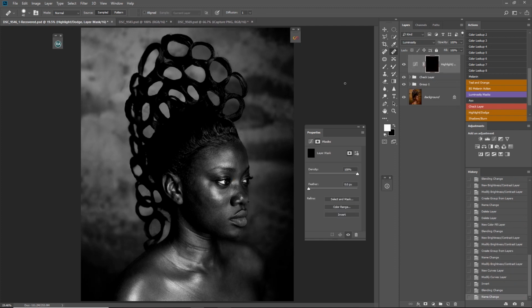Now this is where the trick is. Once you pick your brush, make sure your flow is around 1 to 3%. It depends on the kind of image you're working with, and on the way your light setup is being done. But don't let it exceed 3 or 1. So you can just gently paint areas where you feel are too dark and where you feel they are too light. So we are doing the highlights first. That is, we are painting the areas that we feel are too dark